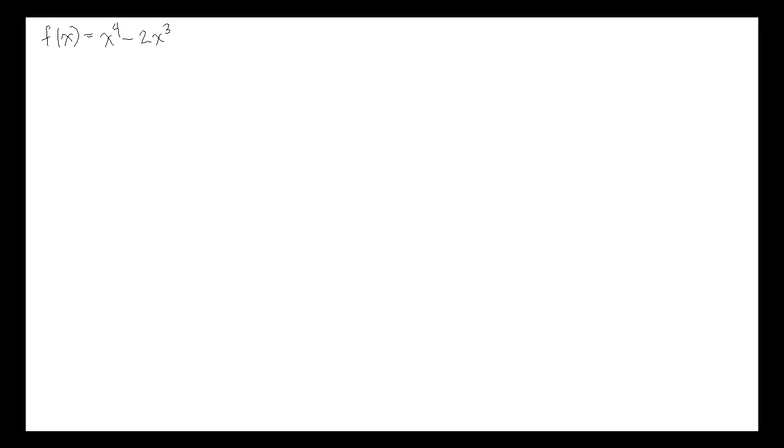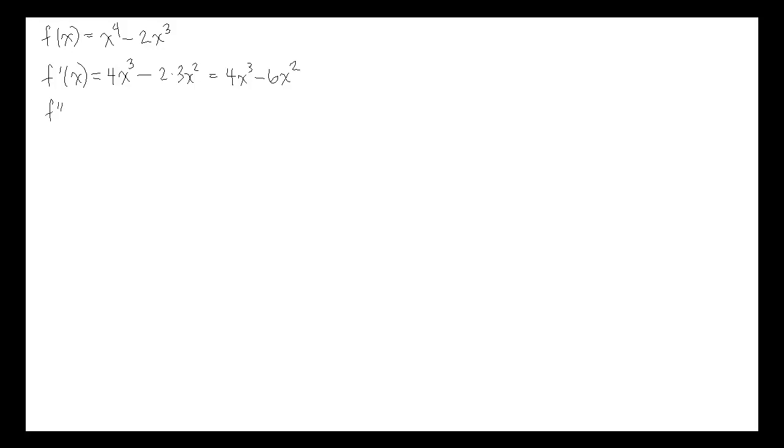These derivatives will give us information about that. All right, so let's try. First derivative, pretty straightforward and easy. At this point, you should have no problem doing a derivative of x to the fourth minus 2x cubed. So using the simple power rule, that would be 4x to the third minus 2 times the derivative of x cubed, which would be 3x squared. So the first derivative is 4x cubed minus 6x squared.